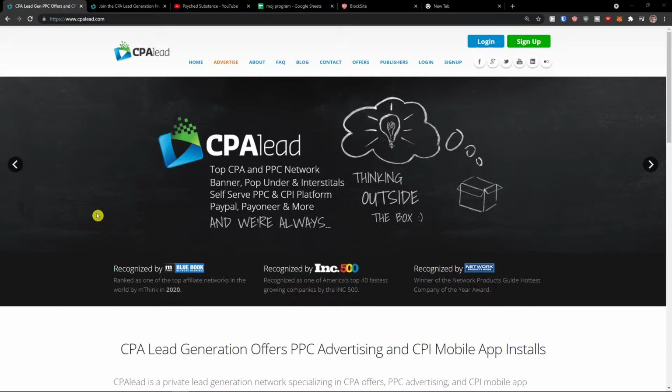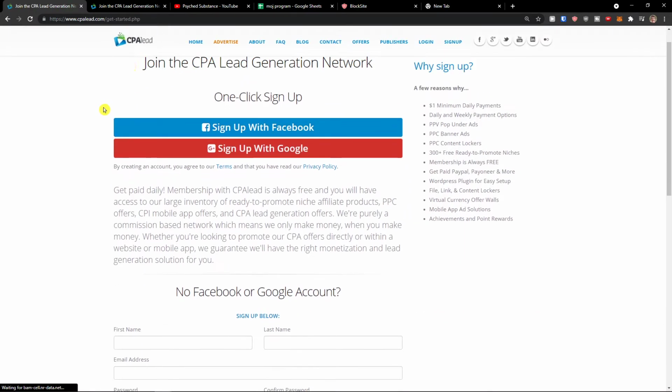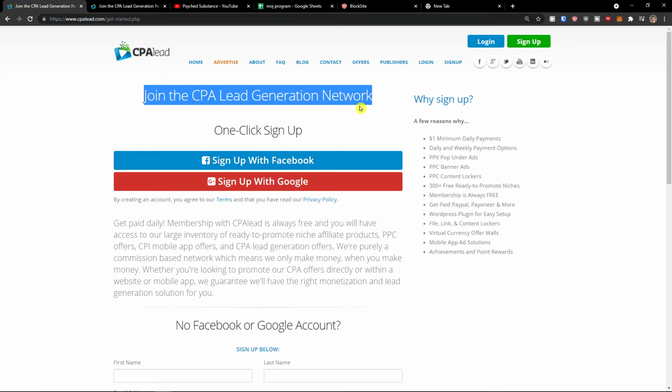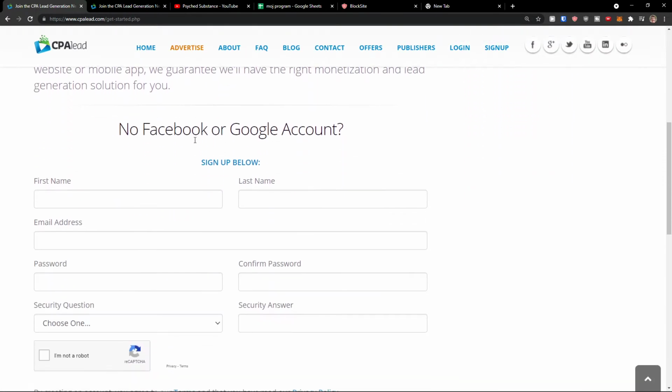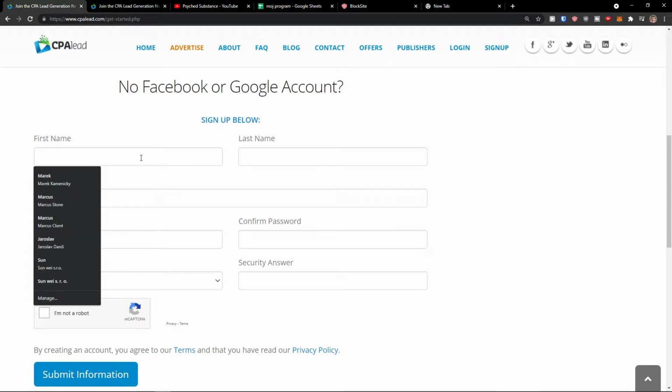The first thing you want to do when you enter CPALead is go to the top right, next to the login, and click sign up. Now right here you're going to see Join the CPALead generation network, and you can sign up with Facebook, Gmail or normal. So I'll go here,